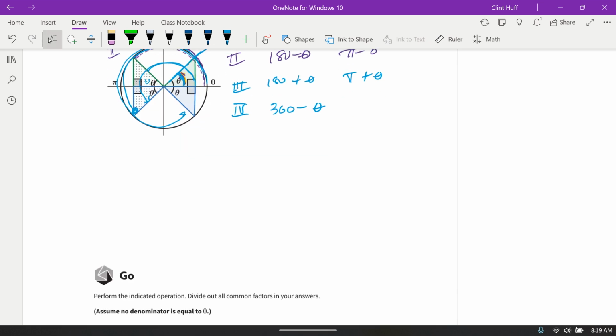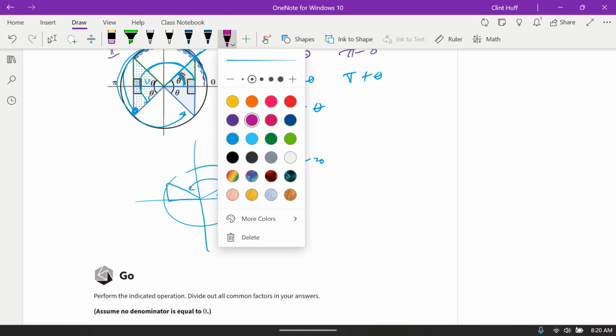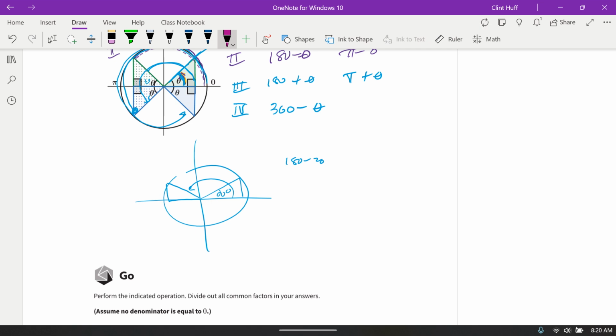In quadrant number 4, this rotation all the way around to here is 360 minus theta. So let me demonstrate that with a specific angle. If I come out here, make a right triangle, and this is 20 degrees, then when that triangle flips over the y-axis, the rotation from here to here is going to be 180 minus 20. When that triangle in quadrant 2 is reflected into quadrant 3, the angle of rotation all the way to here is going to be 180